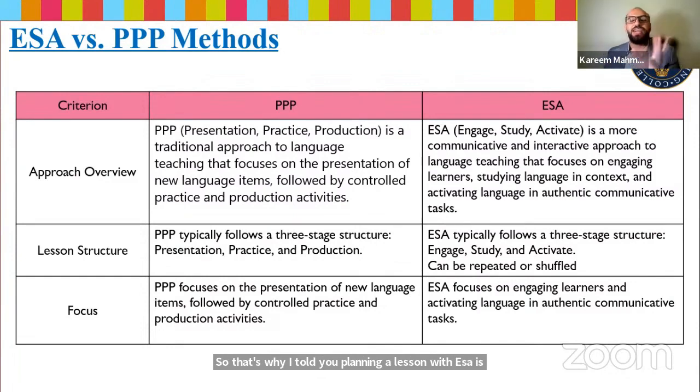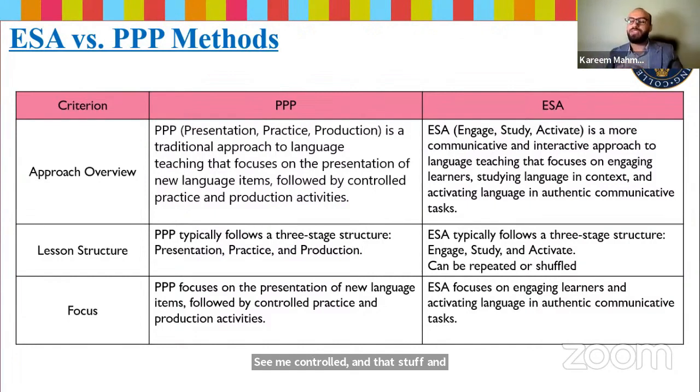Why is that? Because I can adapt. If you have the quality of adapting activities to aim at fluency, that will be really, really beneficial to you to use the ESA. So the focus, we said that focus is accuracy. Here the focus is fluency. Focus is accuracy in the PPP because I give them a lot of practice, controlled, semi-controlled, and that stuff. And in the ESA, I aim at fluency.